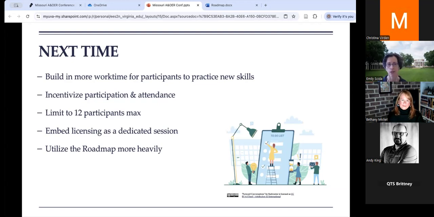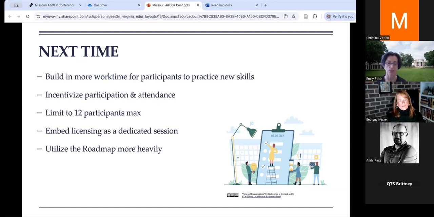In the 2 iterations in our first year, we had 11 participants, and in the second year, we had 15. And we found that perhaps 15 was a little much and kind of prevented some of the participants from engaging fully and making connections. And so next time, if we offer this next academic year, I think we'll try to limit the participant community to 12 or fewer participants.